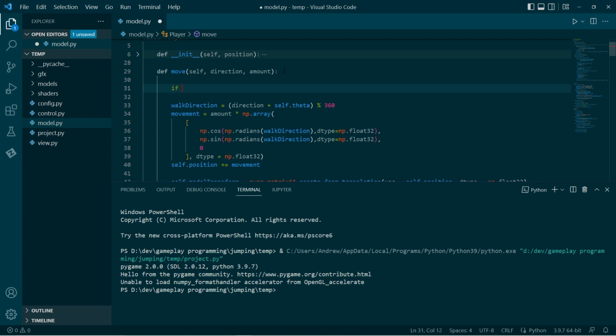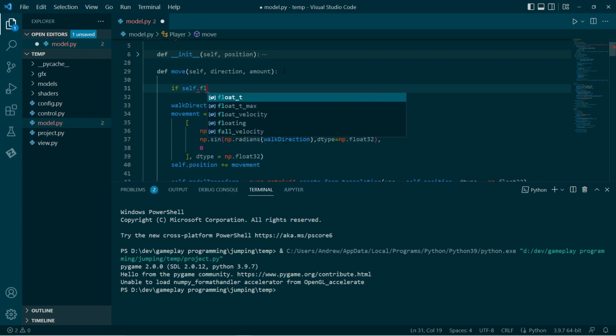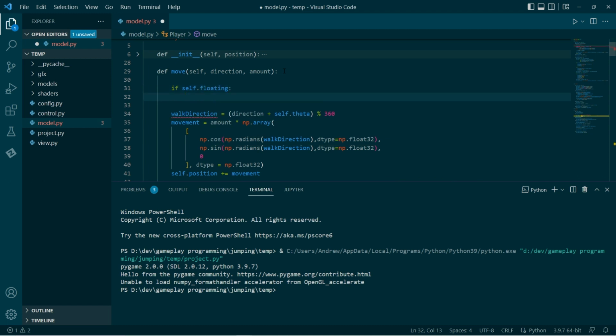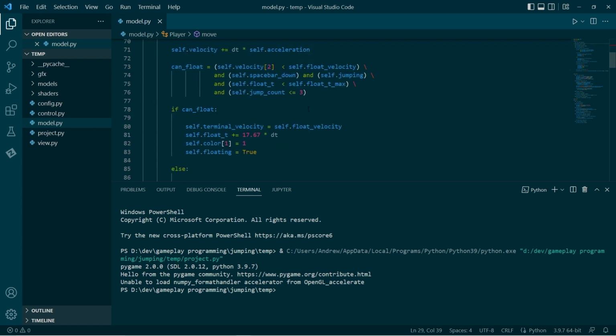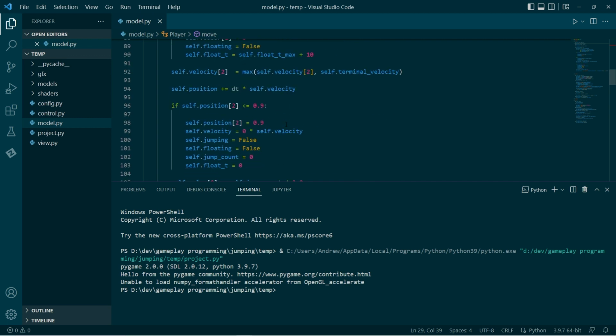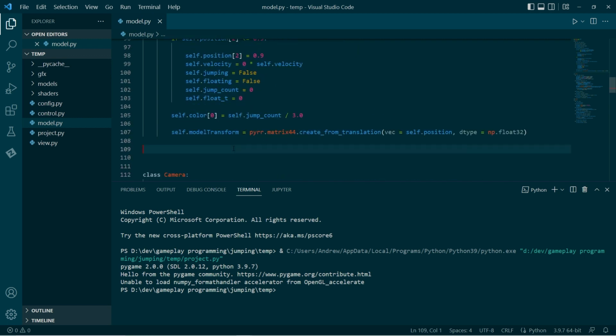So I'll just do this for now. I'll say if I'm floating, when I attempt to move, set that variation to 0. So I'm just moving at the camera's direction. Hopefully that works.